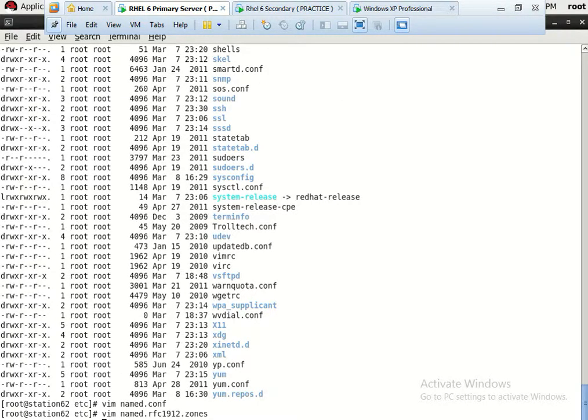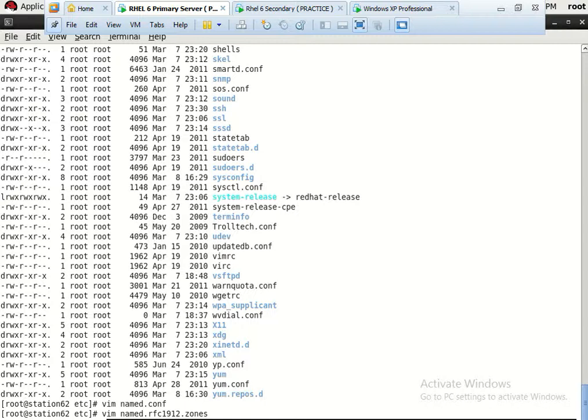Now there are two commands through which we can check our configuration file for syntax errors, and whether any syntax error has been committed in the reverse zone file or the forward zone file. But before that, let us create the two files called forward.example.com and reverse.example.com, which we have used in the previous section.